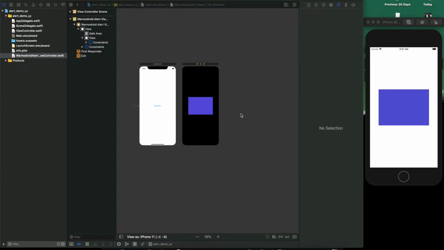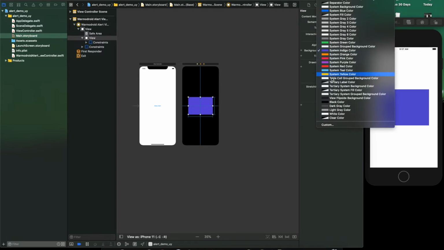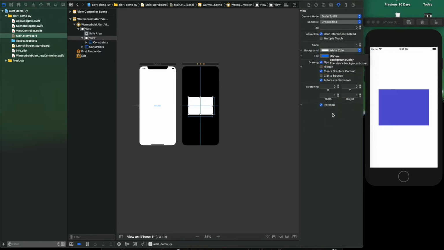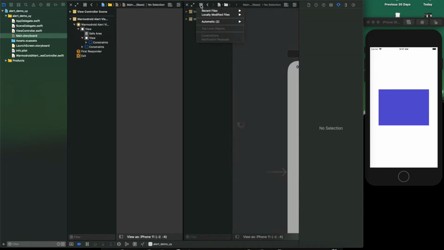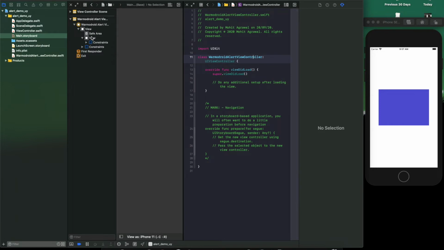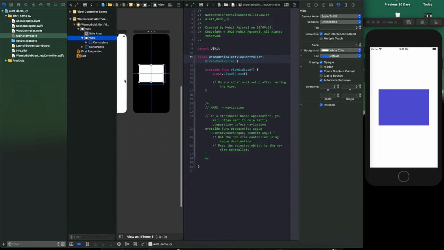First let's make the color back to white because we don't want this type of blue ugly color for our UI alert. So let's make it white again. Now let's open the controller file for our alert. Okay, so first let's give some shadow to our view.